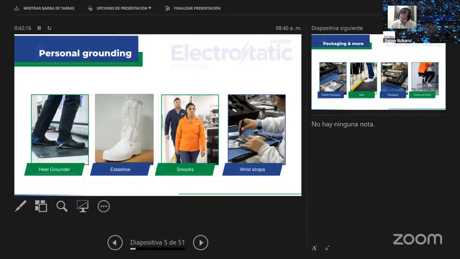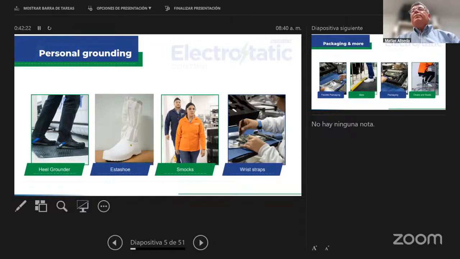Stromlab is the one that does the service: certification for people, areas, calibration for equipment, and training for the ESD control people, or regular production people. That's why ESD assessments are very important, because with ANSI ESD 2020, you can be certified as an ISO.